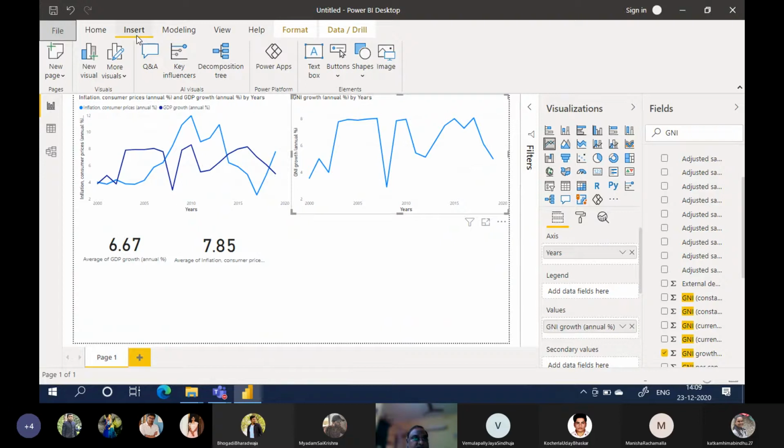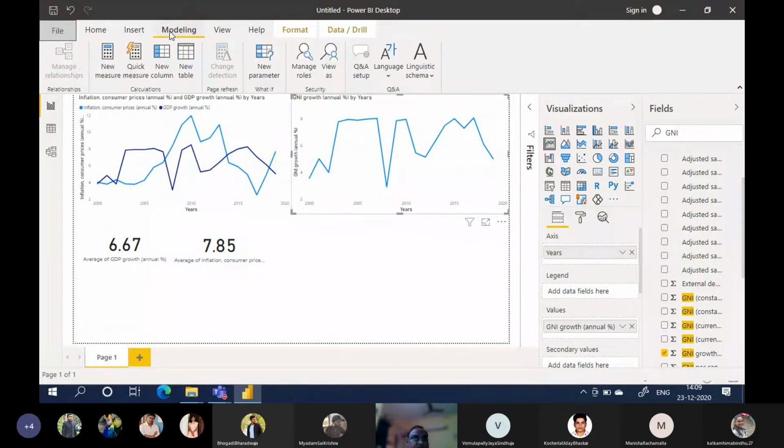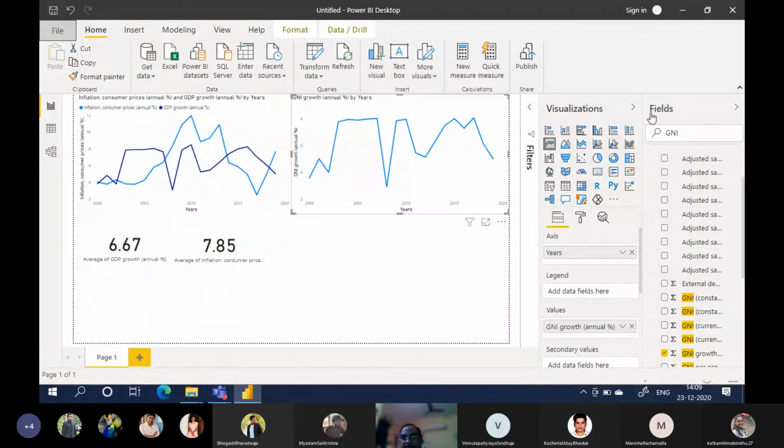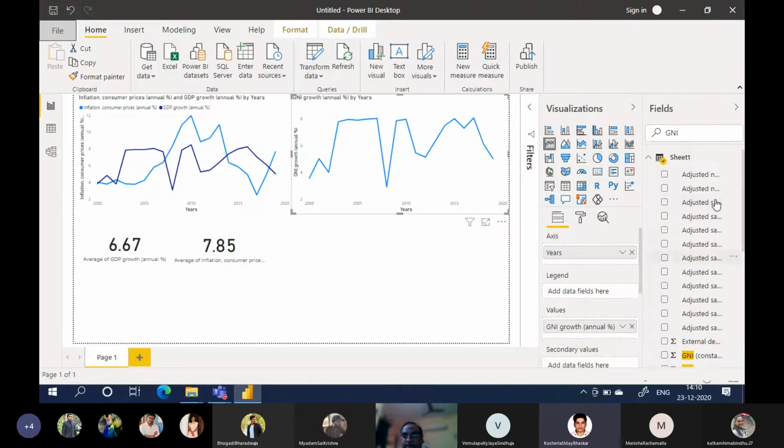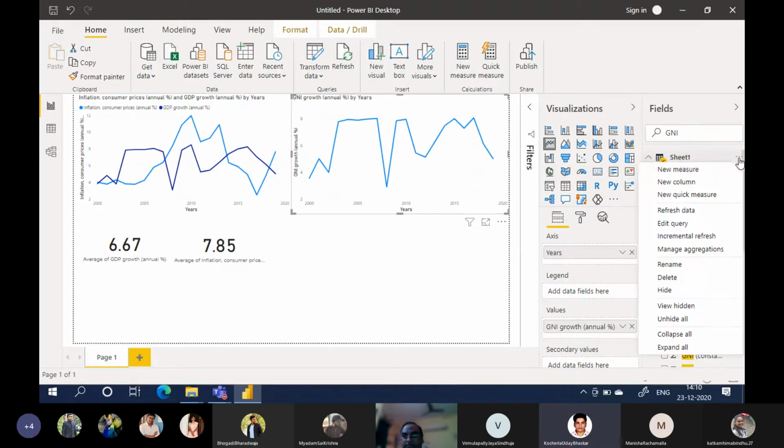Power apps, text button, modeling, new parameter. It's in the fields itself, right? Yes, on the top, if you could scroll to the top, you could see the sheet 1, and there are 3 dots there, and you can find the edit query button now. Good, yeah, thank you.